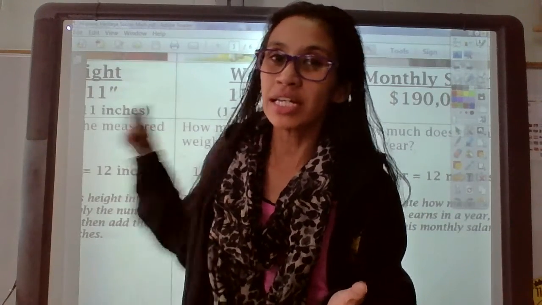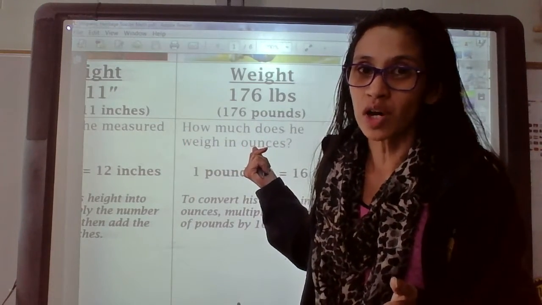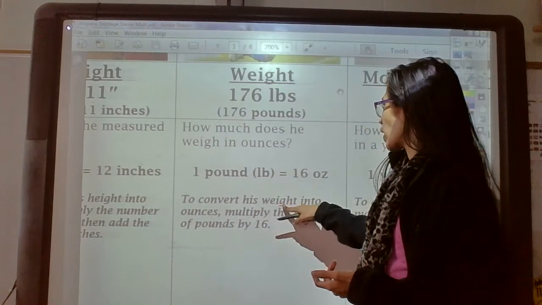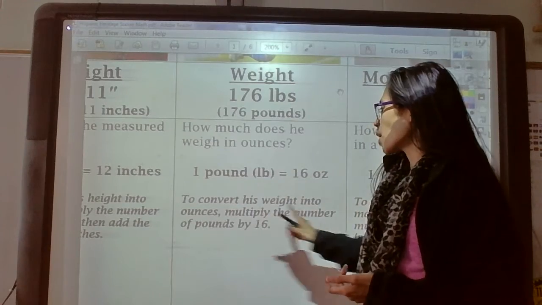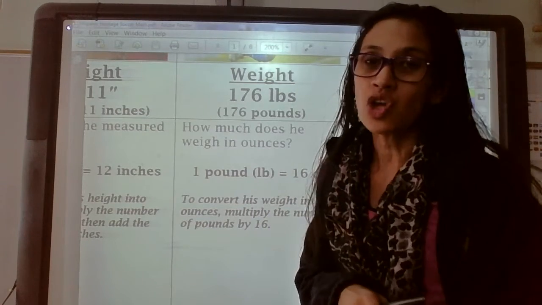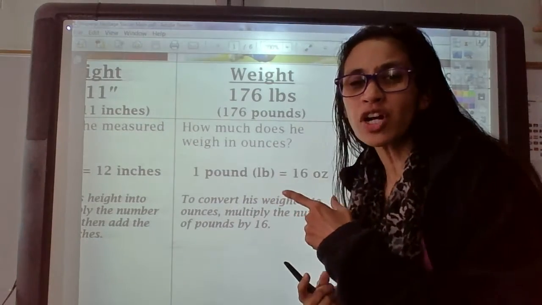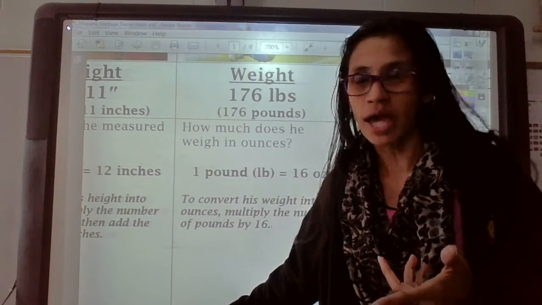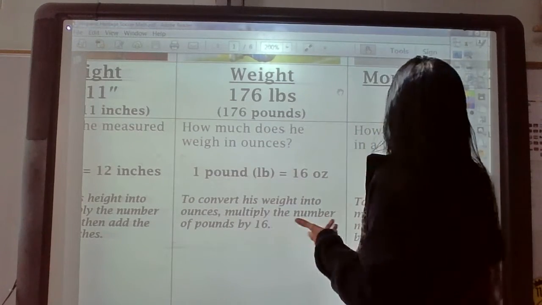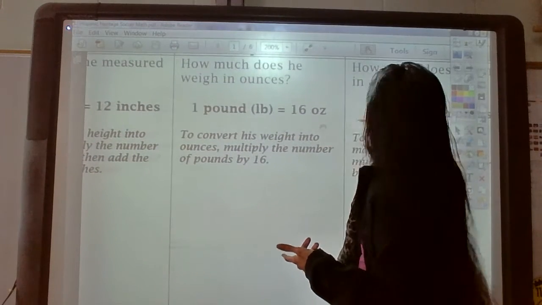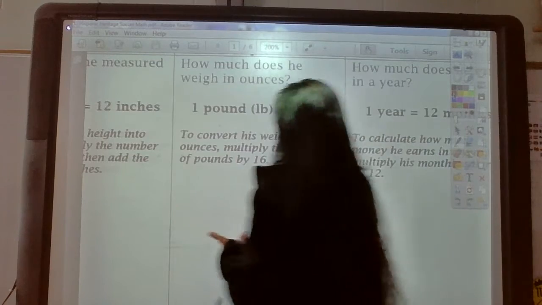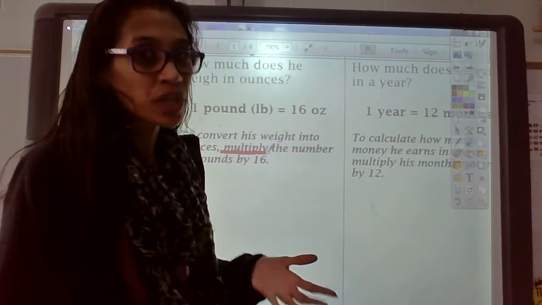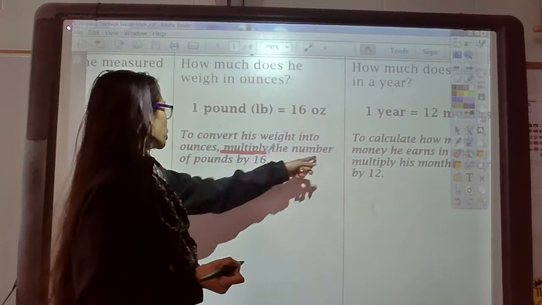So we're going to convert his weight, 176 pounds of a human person, into ounces. It says to convert his weight into ounces, multiply the number of pounds by 16. So what operation are we going to do to change pounds to ounces? It says it right there. We need to multiply. Right there, multiply. I'm giving you all the hints, so you should be really good at doing this math. Multiply the number of pounds